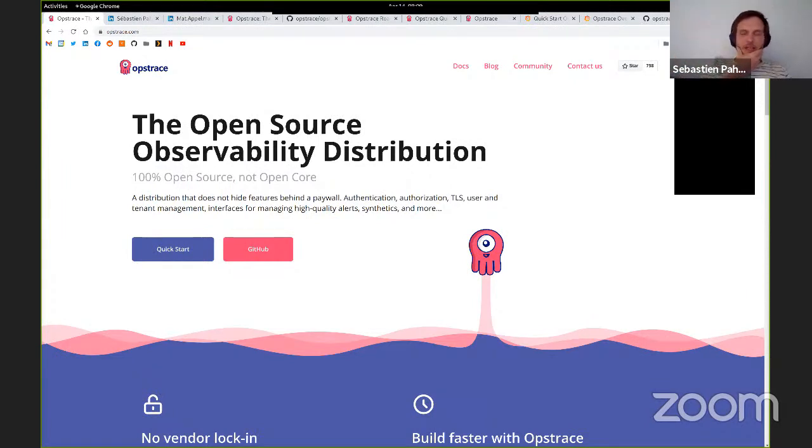The idea is to say anybody should be able to start using open source observability tooling like Prometheus, like Cortex or Loki. These are the technologies we've chosen, without having to become an expert in them. Everybody can become an expert, but it requires time and dedication. You need to learn a lot. And so this is what companies do as a choice. They have to either buy a solution or they have to invest in open source tooling and become experts.